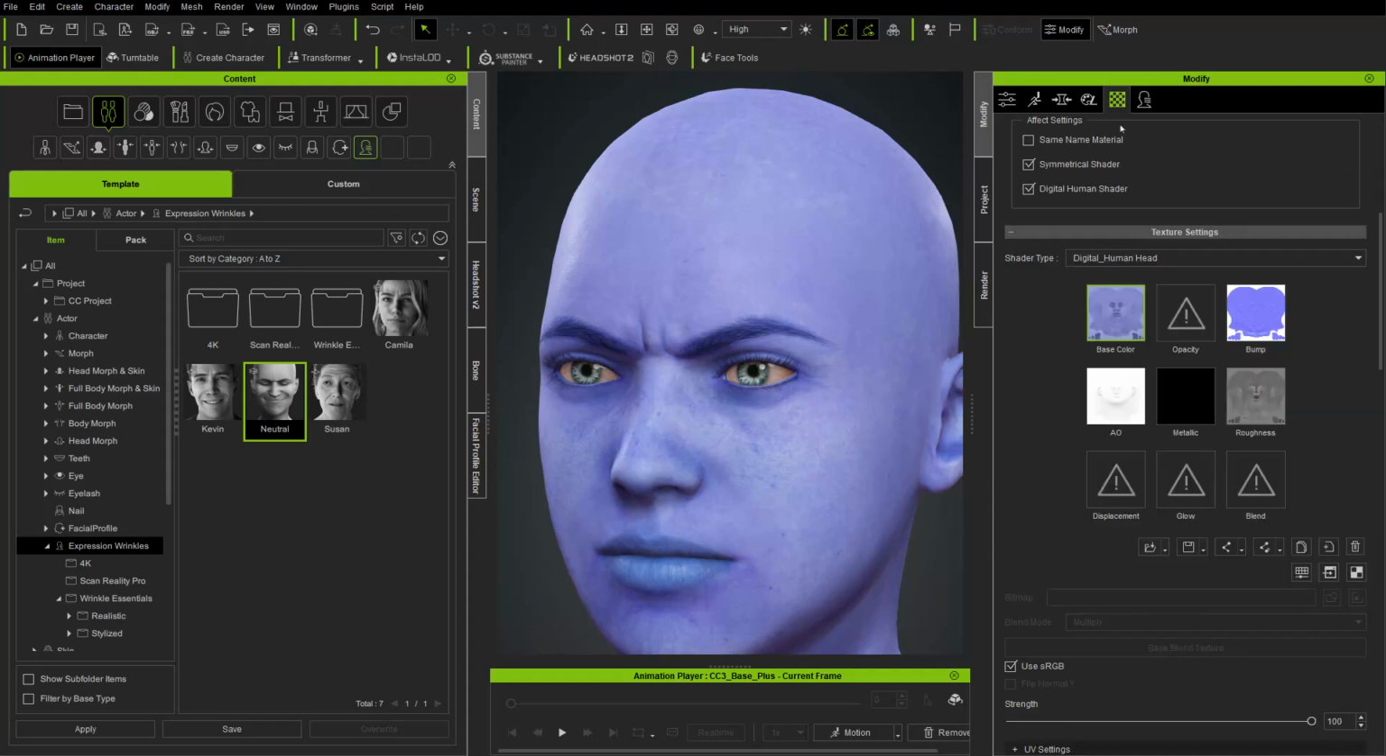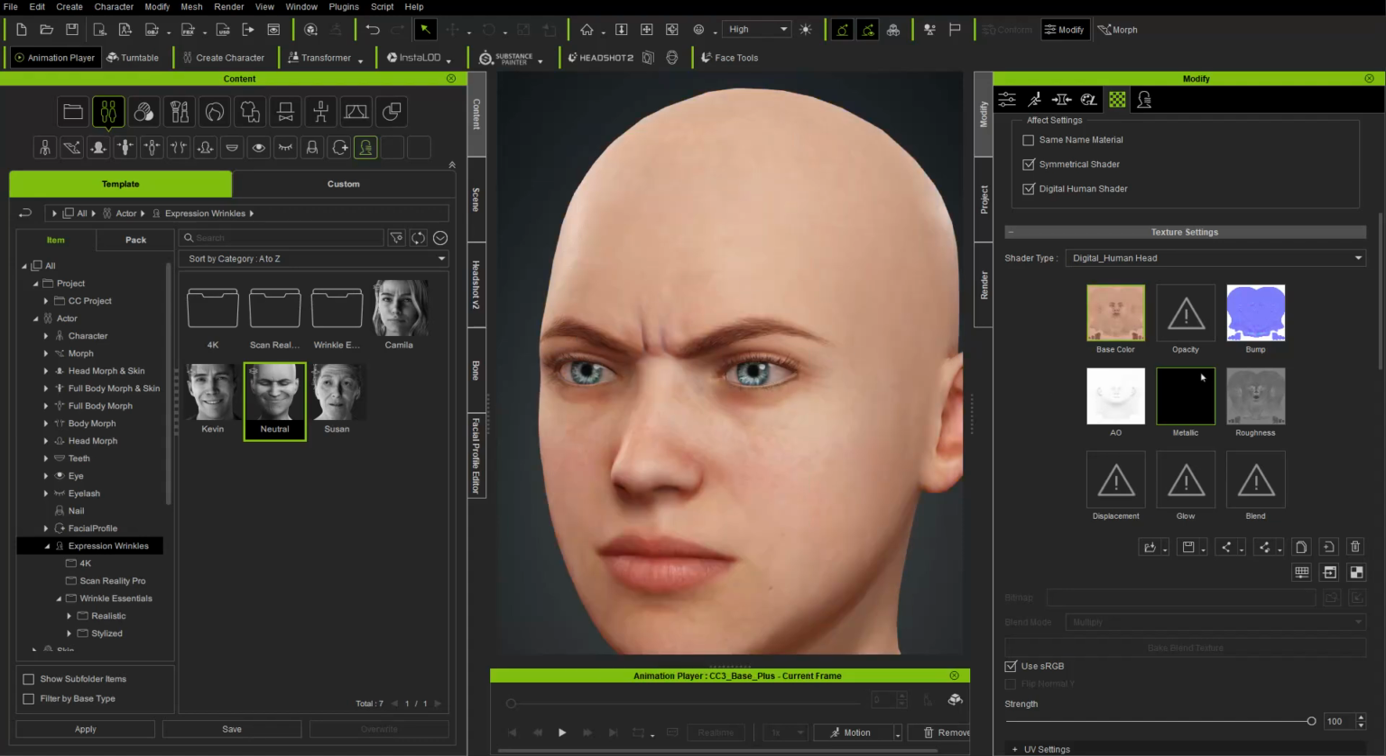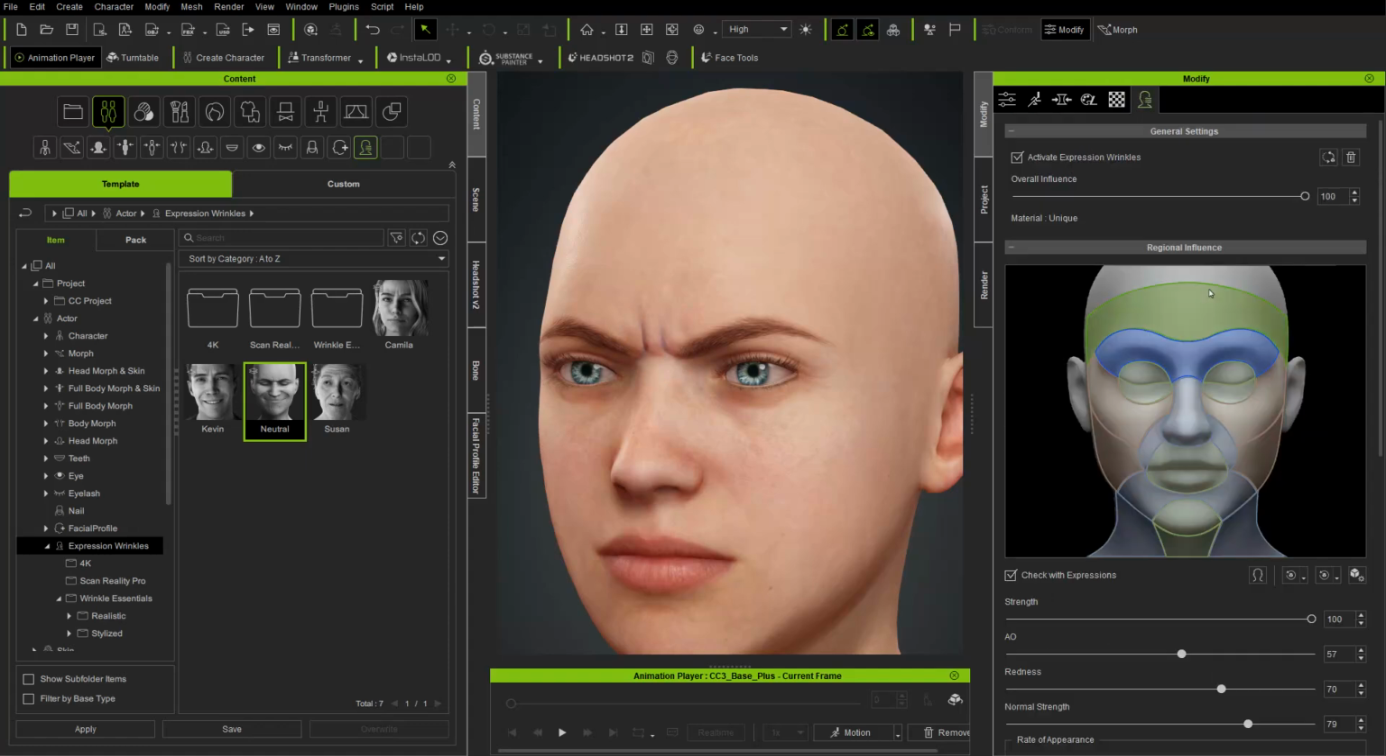So I'm going to go back here to my material, we'll right-click base color, go back into adjust color, and we'll just double-click hue. That'll send it back to 0. Again, that wrinkle is now blue, so make sure you go back into expression wrinkle and click the update wrinkle